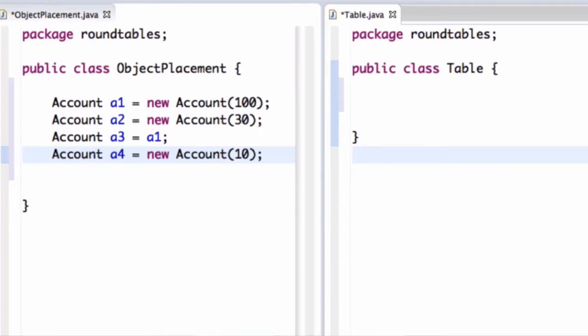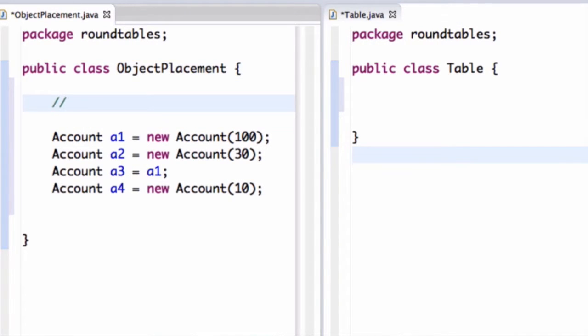We've looked at object diagrams that involve pointers and bubbles and that sort of description of how objects are laid out. For some people, thinking about how it's actually organized in memory is a more useful way to regard object allocation and object referencing. So what I'd like to do is take the account object, and let's assume that each account object has